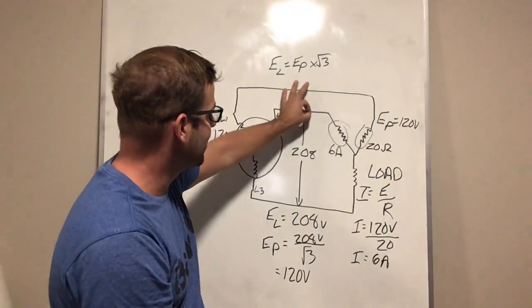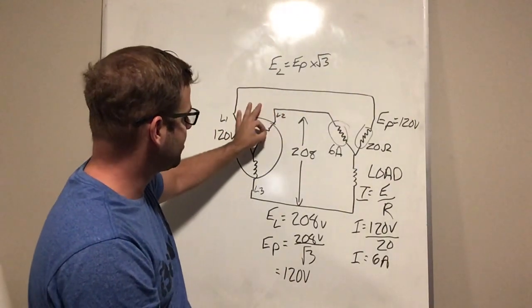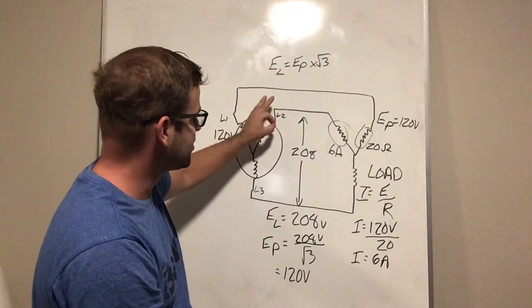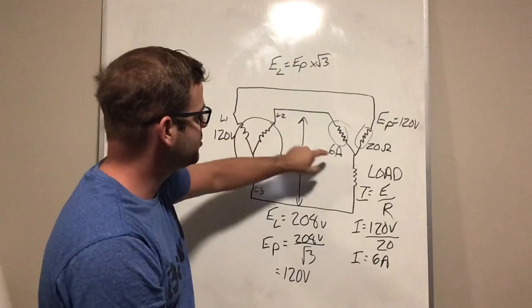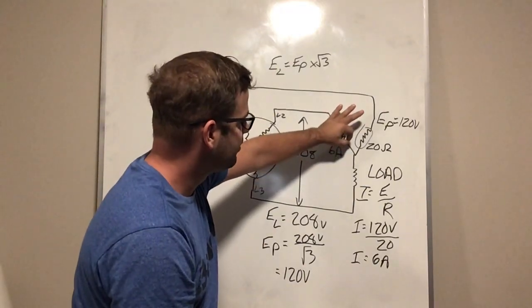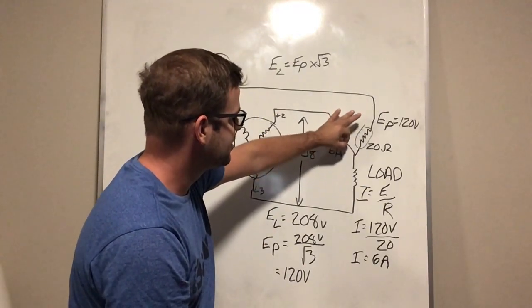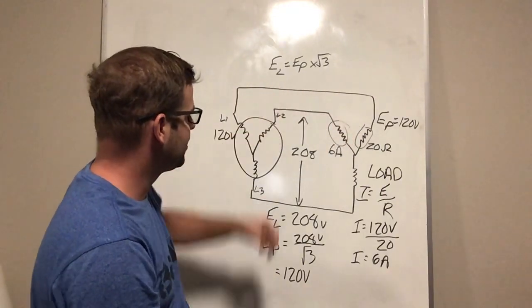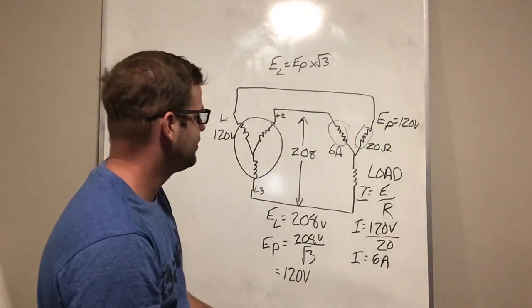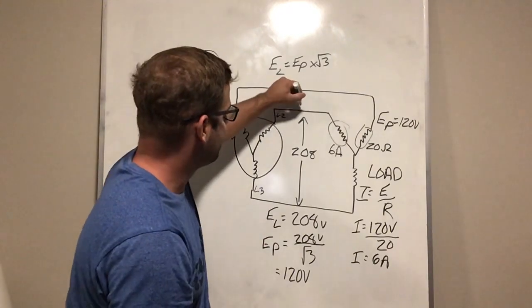So when I come back to my power supply, my 3-phase alternator or transformers, I have no change in current from my phase in my load all the way to the phase in my line. So I know from that I have 6 amps